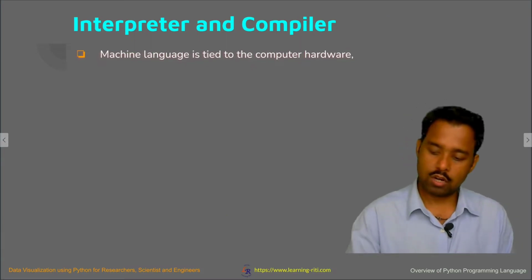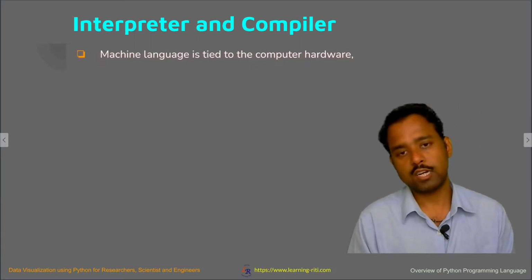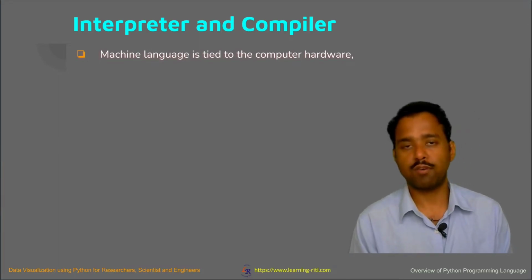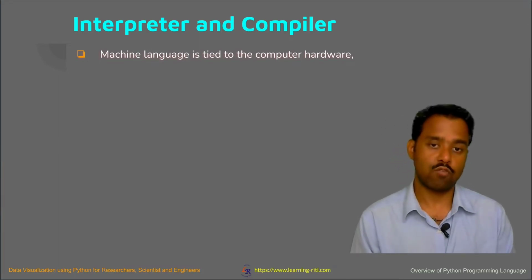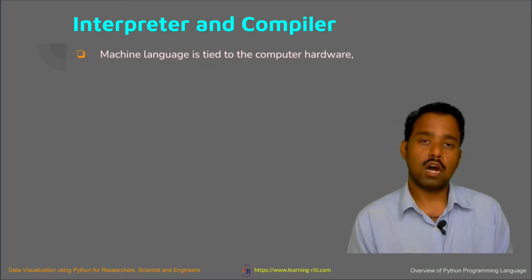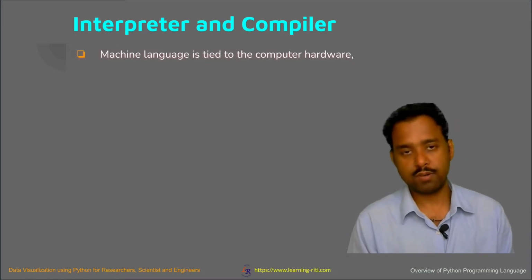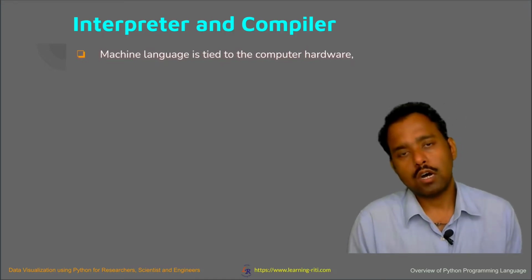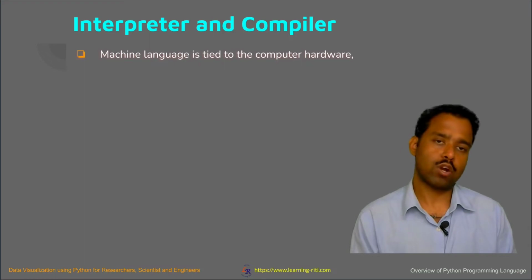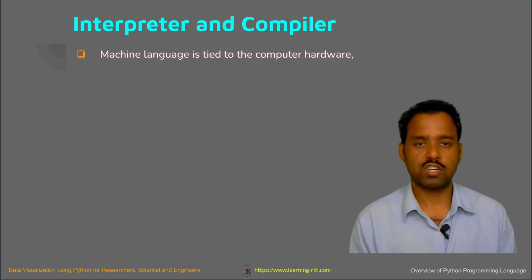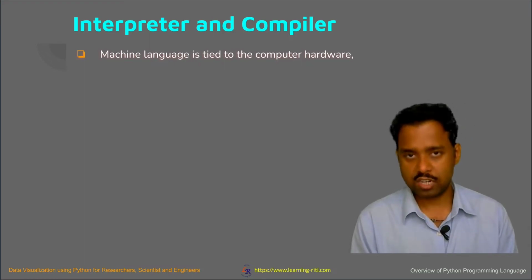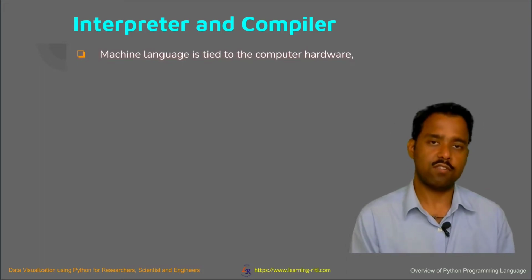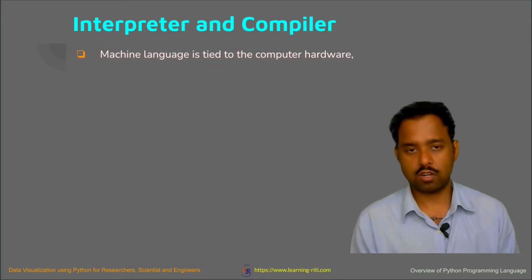Now comes the very important point, the interpreter and compiler, where it becomes very clear what high level language and low level language are, and what their roles are, which we heard routinely in our previous discussion. An interpreter reads the source code written by the programmer, parses it, understands what is being asked, and translates the instructions to the machine on the fly. For example, Python is an interpreter.